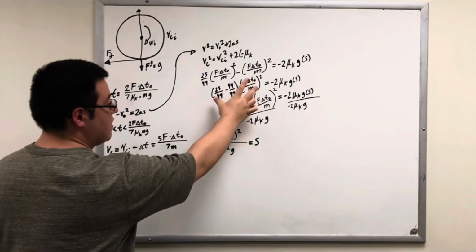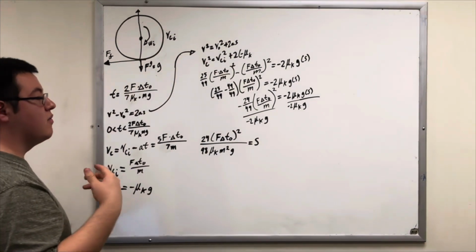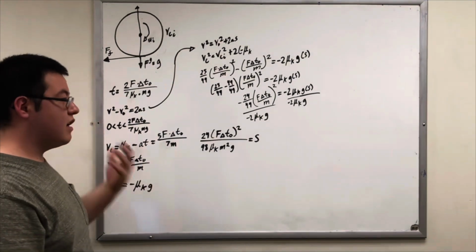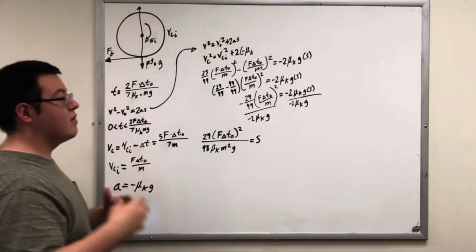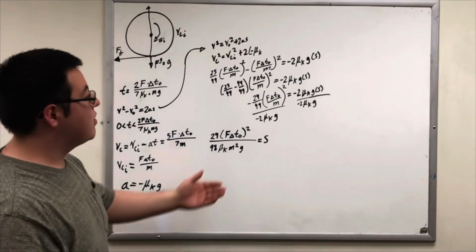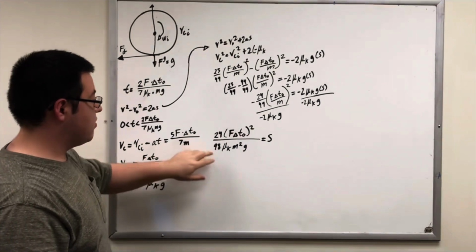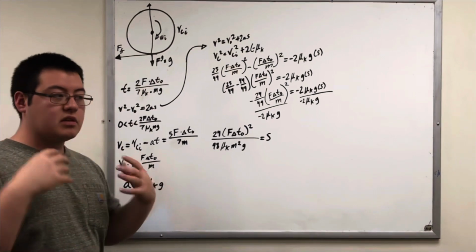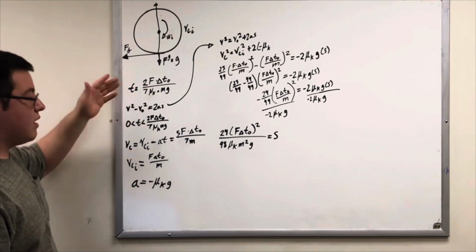We can then expand it, unfoil it, to the point where we get 25 over 49 minus 49/49. It gives us a negative 24 over 49 times the term, which is F times change in t naught over m squared. On the other side, it becomes negative 2 mu kinetic times g times the displacement. We will then divide this term on both sides, so we have s by itself. At that point, it will become this, where it's at this distance that it will just continue to go. In other words, after the time of 0 and the time we found, it will just continue